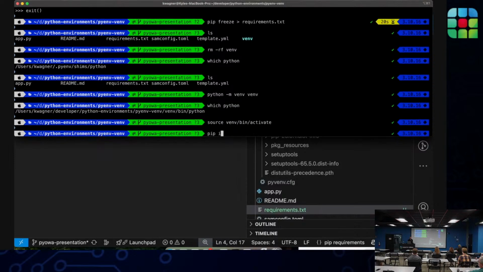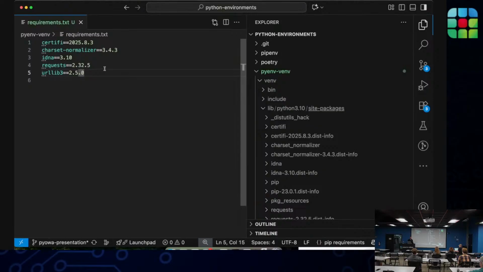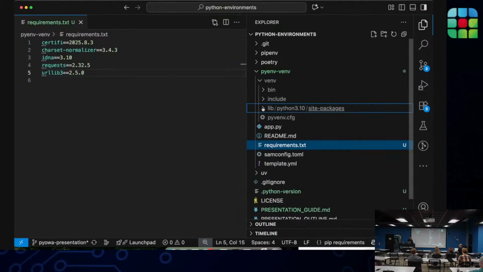Okay, so now if I pip install, and I can pass the requirements.txt file in, then it will install everything that this file defines. So even though we just completely blew away that virtual environment, we're able to recreate it quickly. You can imagine if you're working with teams, if requirements.txt and your Python version file are things that you commit to the project, other people on your team can then pull that project down and easily, within some reason, recreate the environment that the project is intended to be worked in.